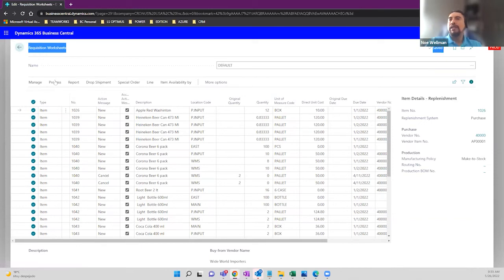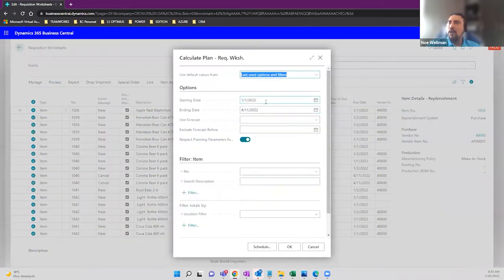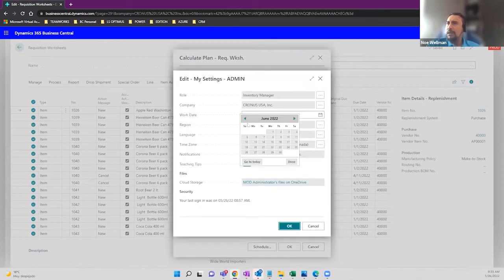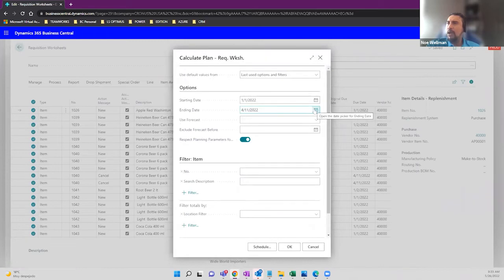I'm just going to use this function in order to calculate my plan. Look at this, calculate my plan. This is what I want to do now. And this is going to verify, okay, what you want to do, which is basically just give me the suggestions for the required inventory. Let me see my license date. Okay, which is the 1st of July. I'm going to need to travel to the future a little because currently my license is working on these dates, okay? But basically what we're going to need to say is, okay, I want to calculate my requisition plan